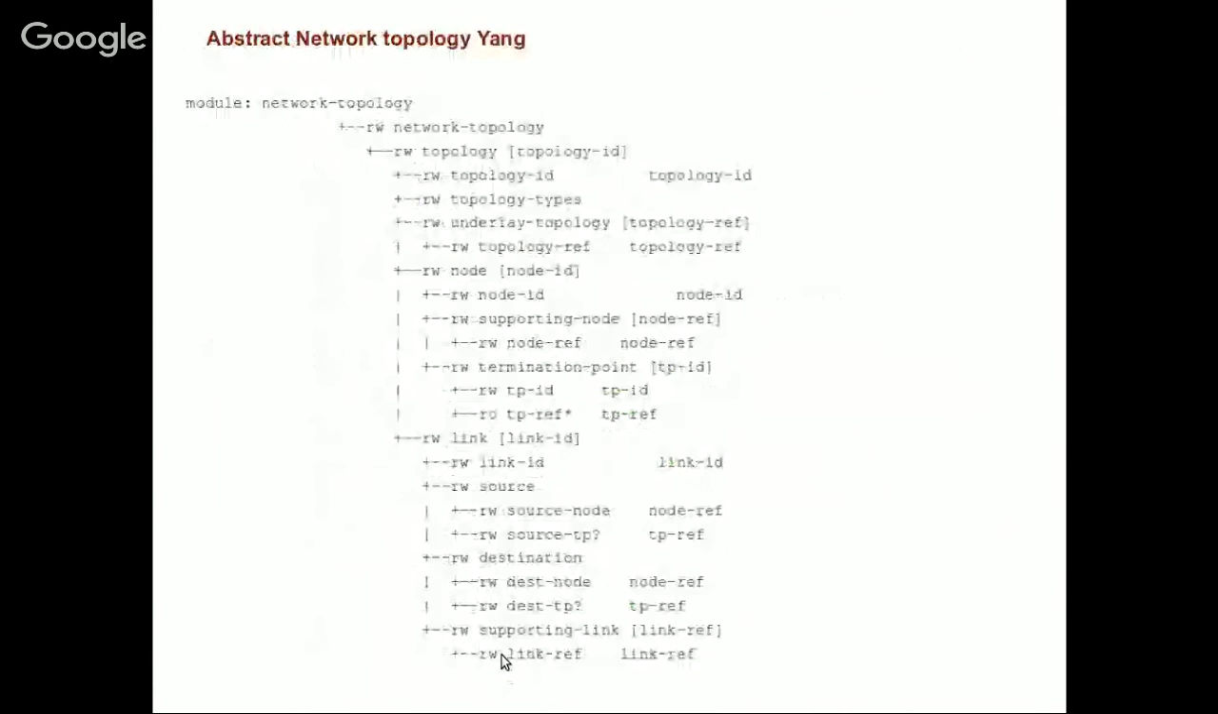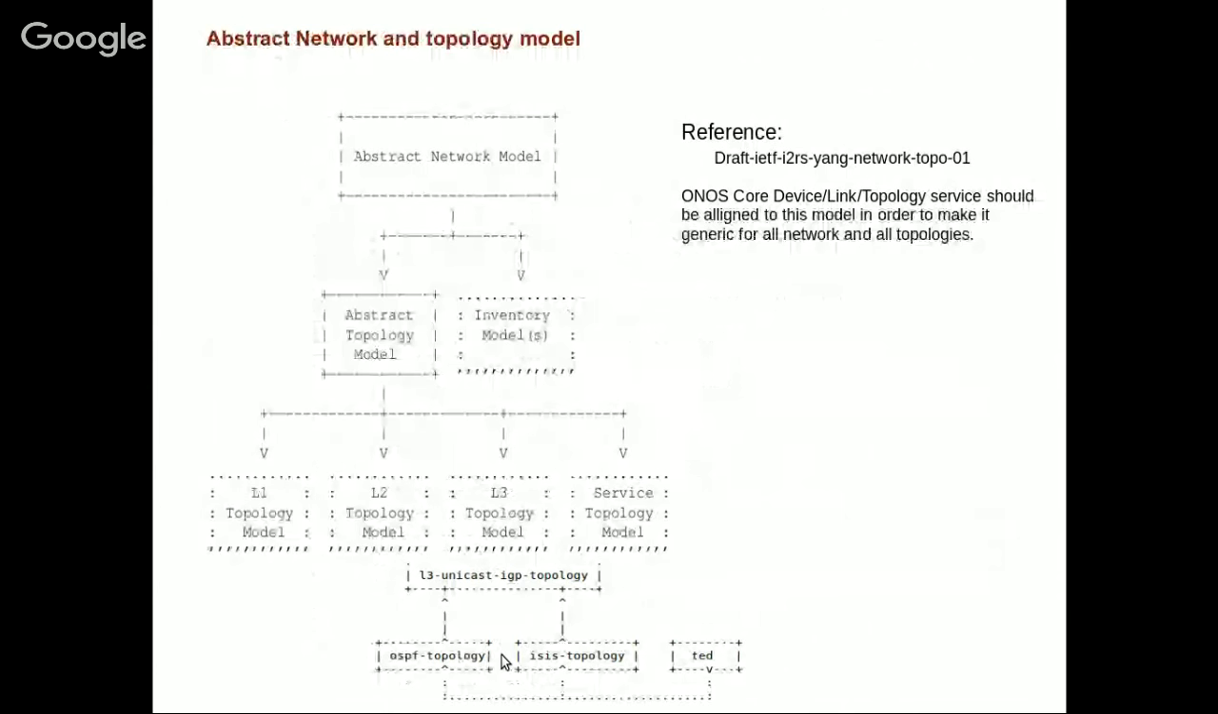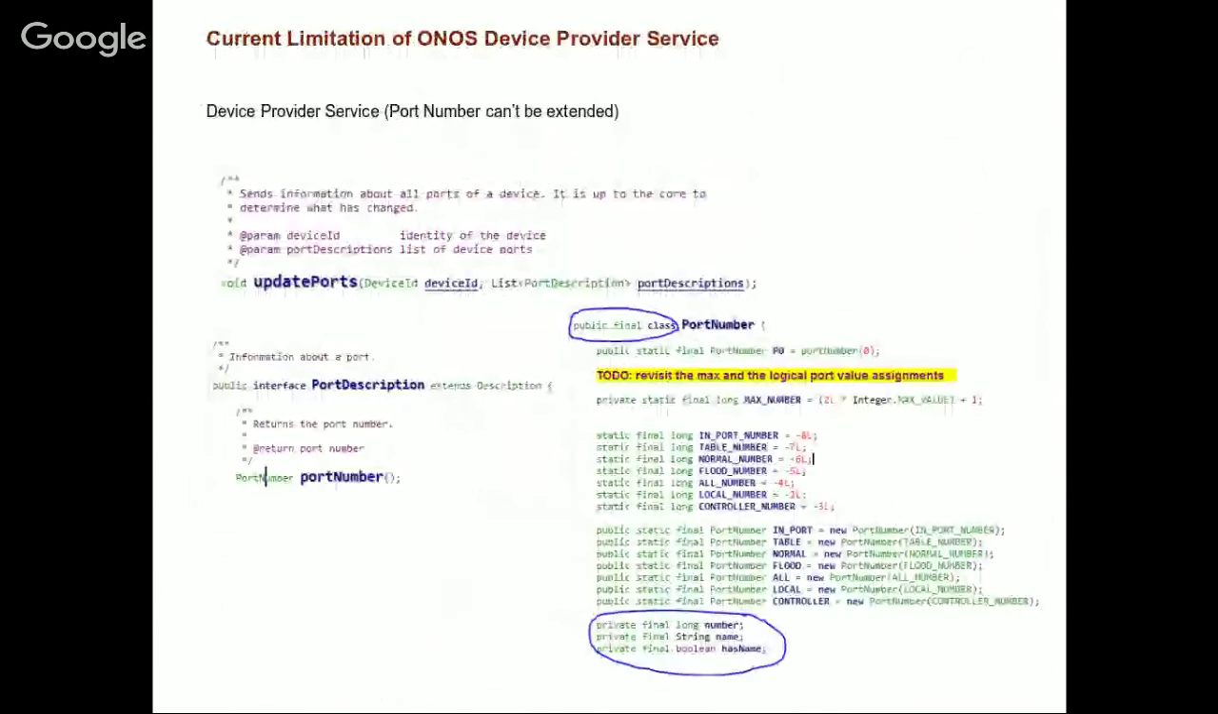So this is how the current IETF has been modeled to represent the topology. This is a generic topology in which they can use this mechanism to represent any topology information, starting from layer 1 to service topology model. Okay. So now I face difficulties when we come to our ONOS